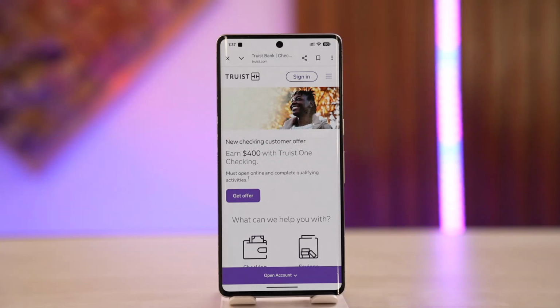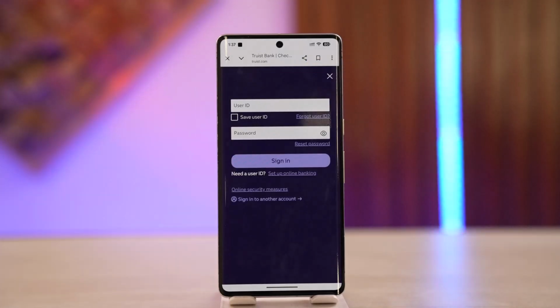So what you want to do is, first thing first, log into your Truist Mobile app. Alright, so once you're logged into your account, you then need to go ahead and click on the deposit check section. So just tap on the menu or the deposit tab on the bottom bar, accept the remote deposit capture terms and conditions. Then you have to select the account you want to deposit in,